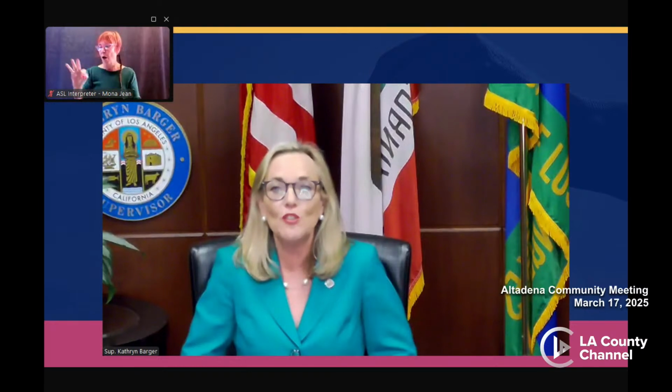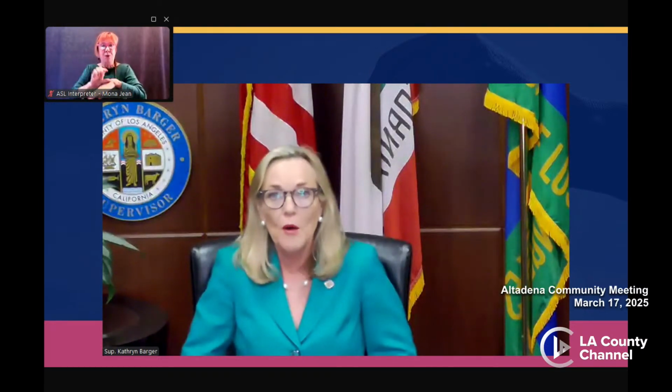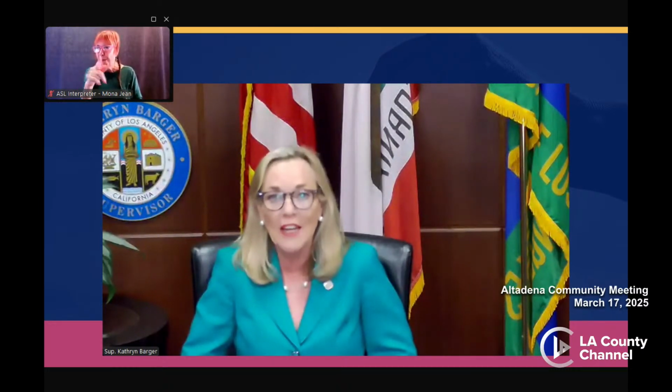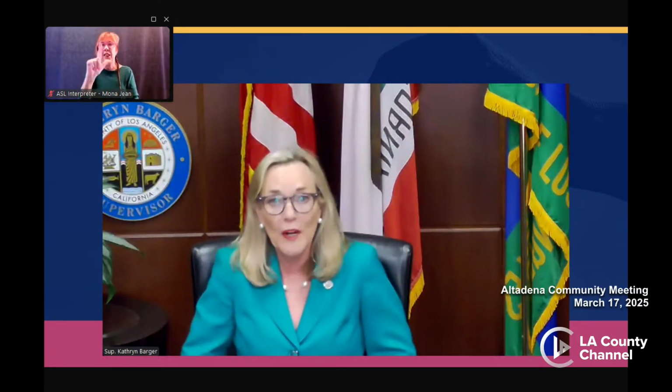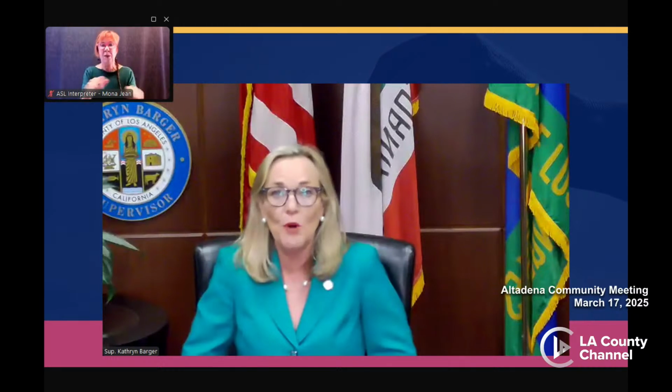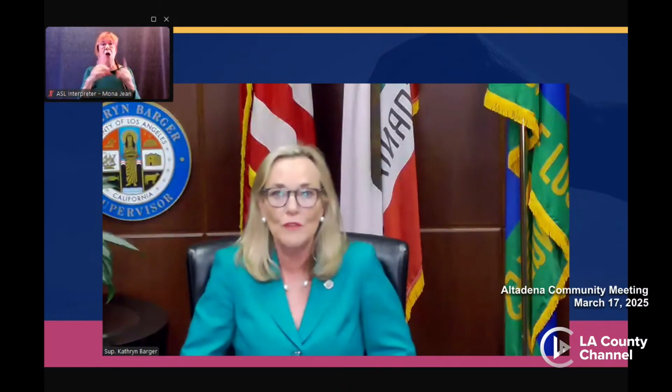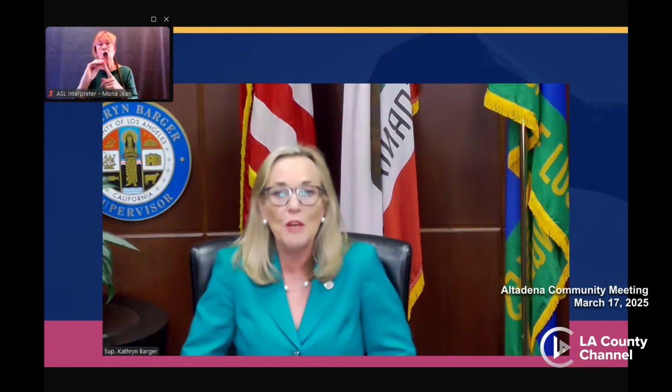FireAid has designated about $2 million for Loma Alta Park because we heard from residents that they wanted services located back in Altadena as soon as possible. FireAid also directed $2.5 million to the Department of Consumer and Business Affairs for the Household Relief Fund, $4.5 million to the Department of Economic Opportunity for the Worker and Small Business Relief Funds, and $1 million to the Department of Arts and Culture. My office will continue to keep the community in the loop on what funding is available